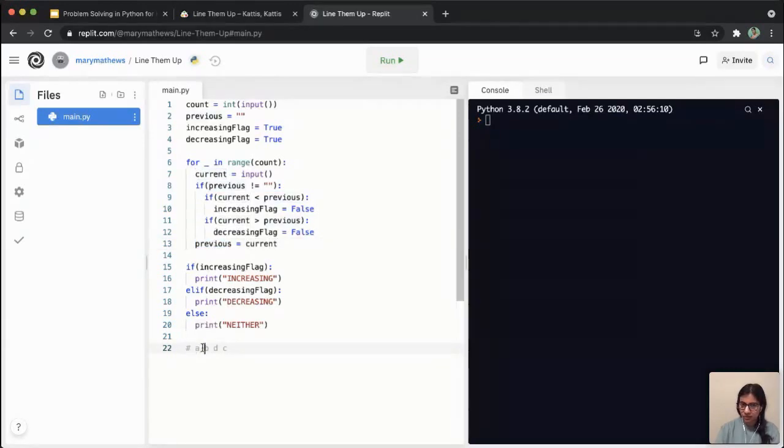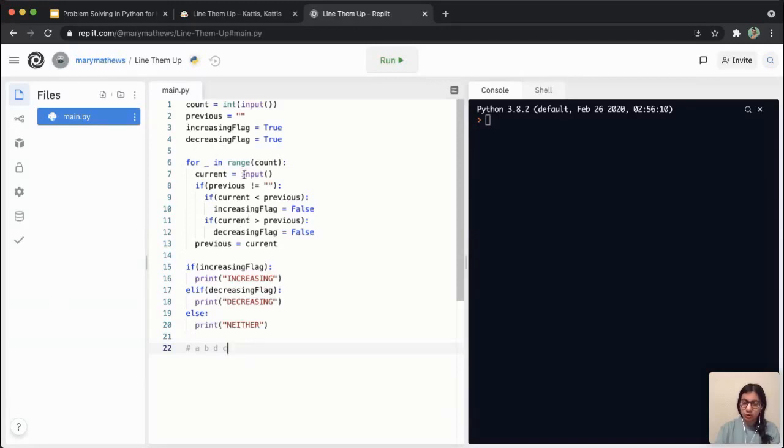This can be a little confusing. So if you need me to repeat anything, just put it in the chat, okay? So let me just repeat that once more. I'm taking my current, which is A, as input. I'm checking if previous is empty. Basically, I'm checking whether or not it's the first name in the input. That's what it's doing, okay? If it is the first name in the input, I'm just setting my variable previous to current, which will be A in this case, okay? In the case of the first name.